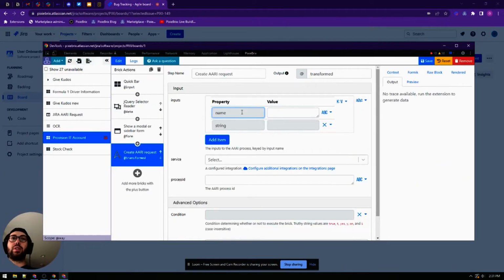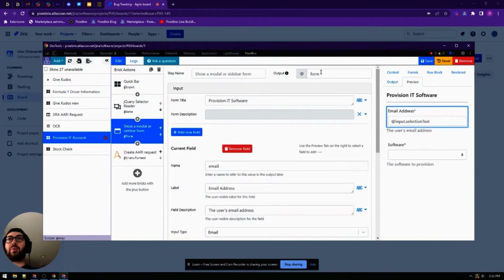So the first one is going to be name. It's going to be called text box 0. And the string here is going to be @form.email. The reason why it's @form.email is because I'm getting the information from the @form and from the variable called